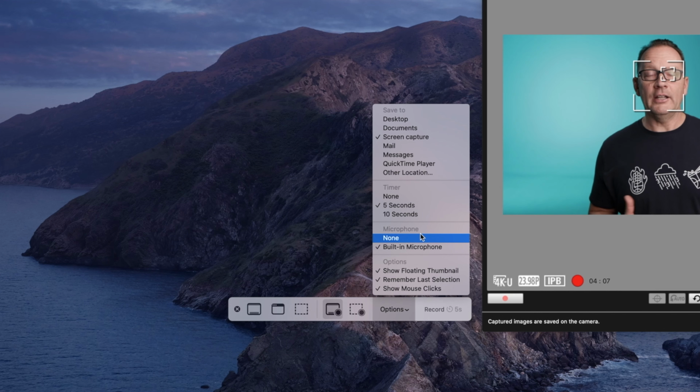Now you might use none if you're really stressing your computer out and you're trying to save space, but that's not typically going to matter because audio files are usually very small. If you have another microphone connected to your computer, it'll pop up here as a microphone that you can select. Built-in microphone is plenty good for what you're going to use this for, which for me, since I'm talking to